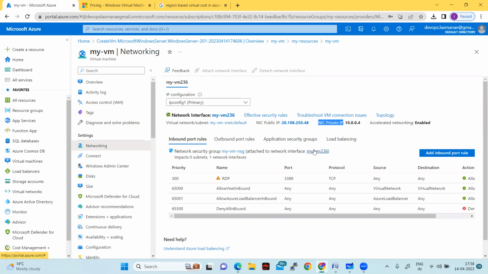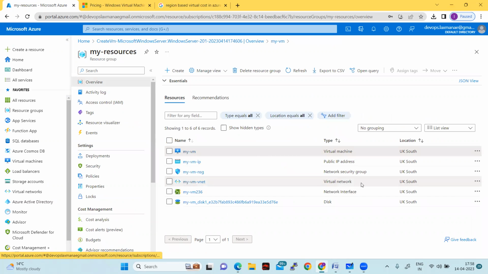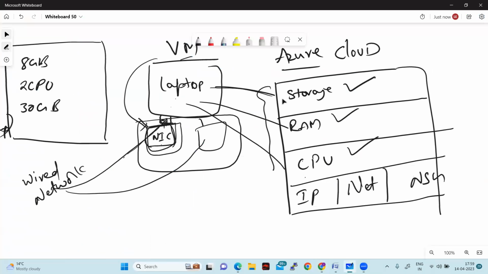But what exactly is this virtual network all about? For example, if I actually go to my resources section again, I'm getting confused. What is exactly this virtual network? Why do I need it? Why do I need it? So you need it because